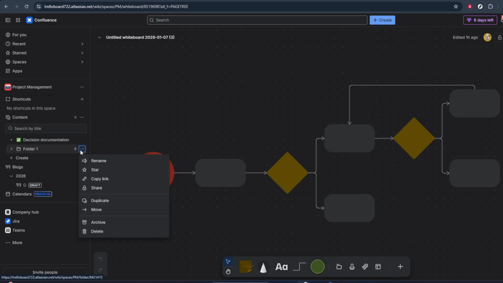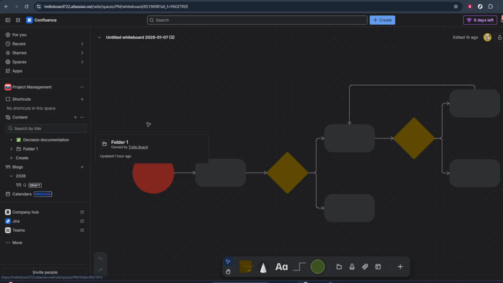If you make a mistake and drop it in the wrong spot, don't worry. You can simply repeat the same drag and drop process and move it again until it's in the right folder. This drag and drop method is especially helpful when you're cleaning up a space, grouping related documentation together, or setting up a clear structure for your team. And that's all there is